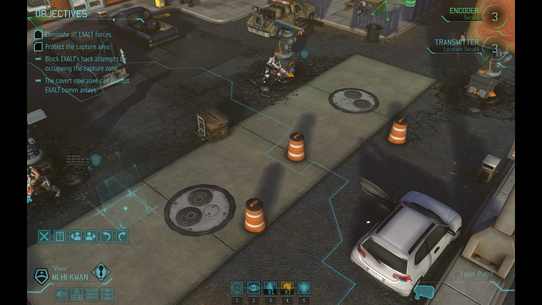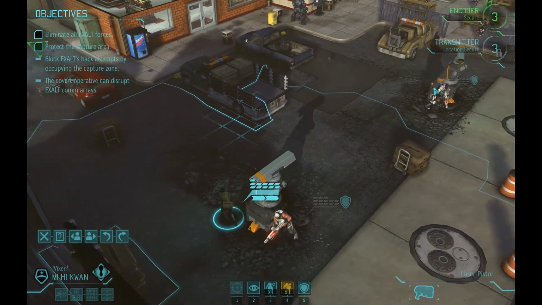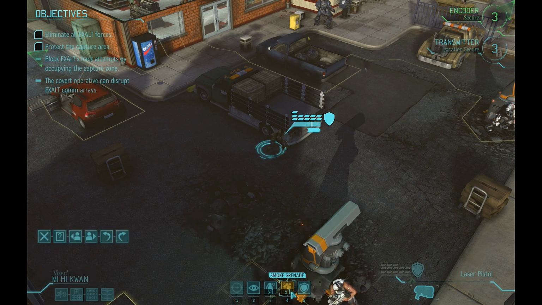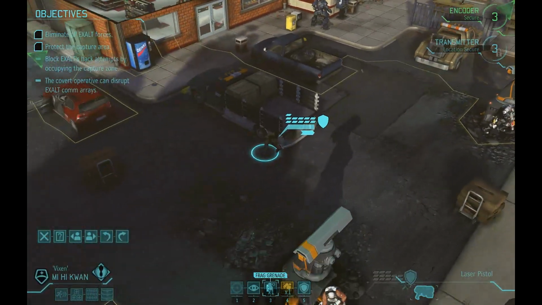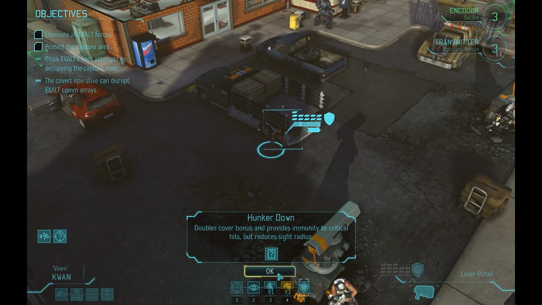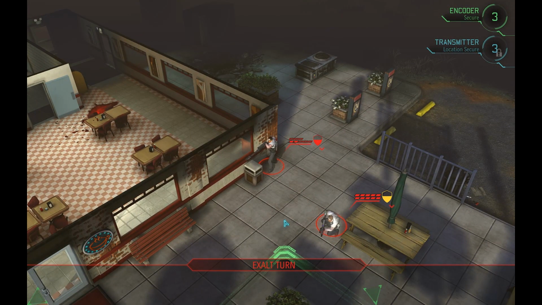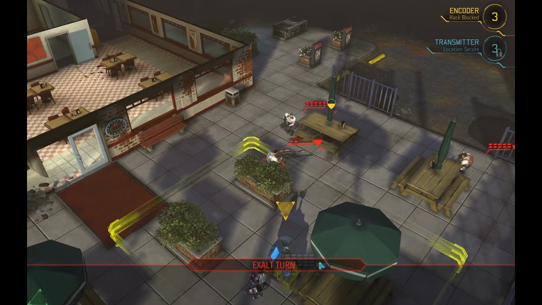Now, unfortunately, I cannot get to this thing this turn and be behind cover. So I guess I'll just hunker down. The alternative... Nope, it's not an alternative. Too far away. So I'm going to hunker down. Make sure we keep her safe. Feel free to use like a med kit or something on yourself there. Well, actually, he's a sniper, so...